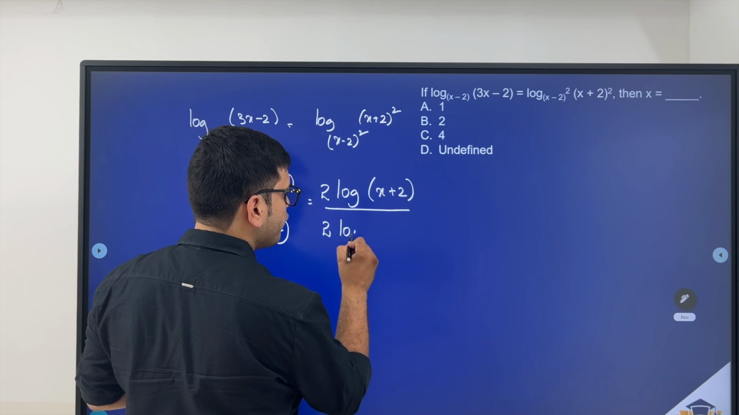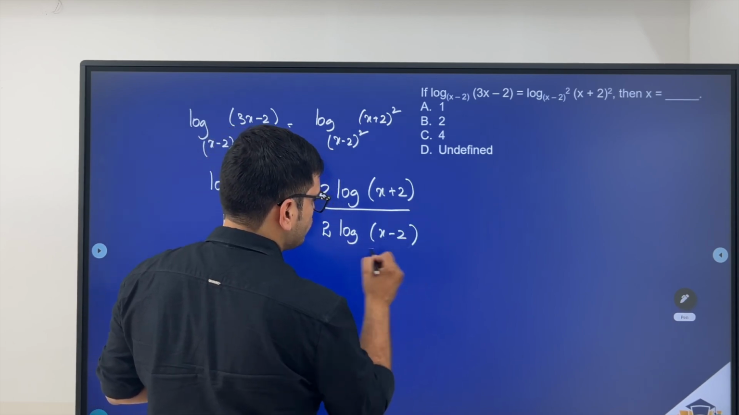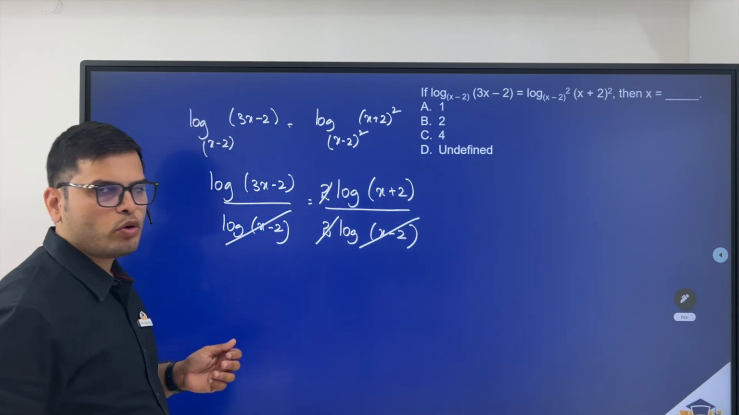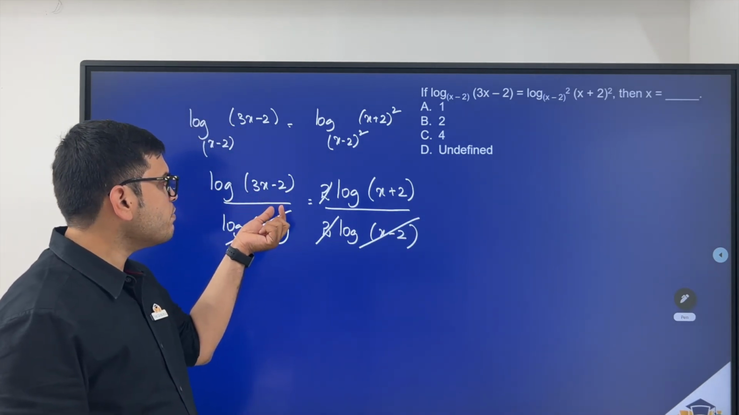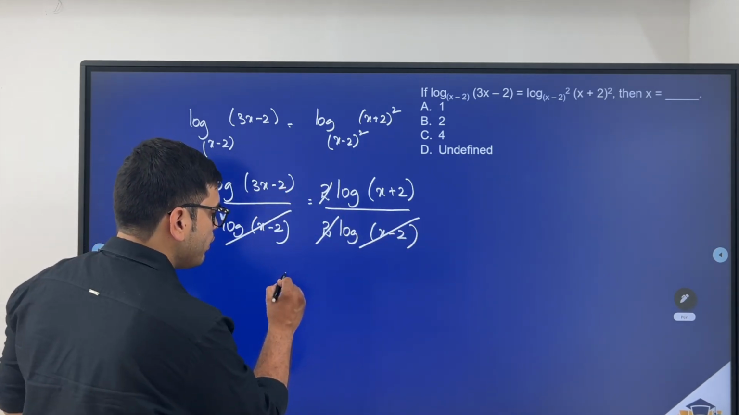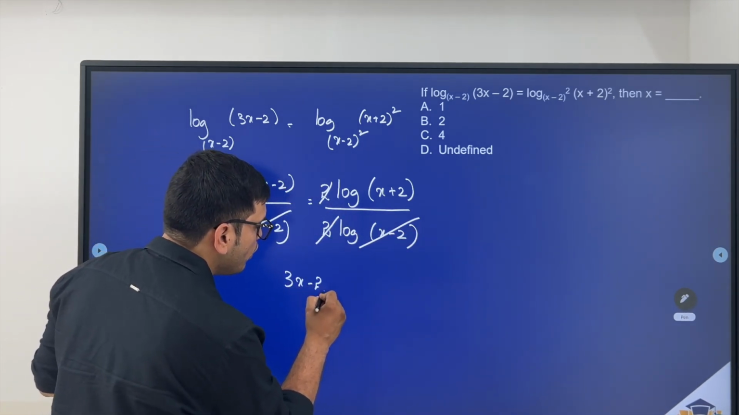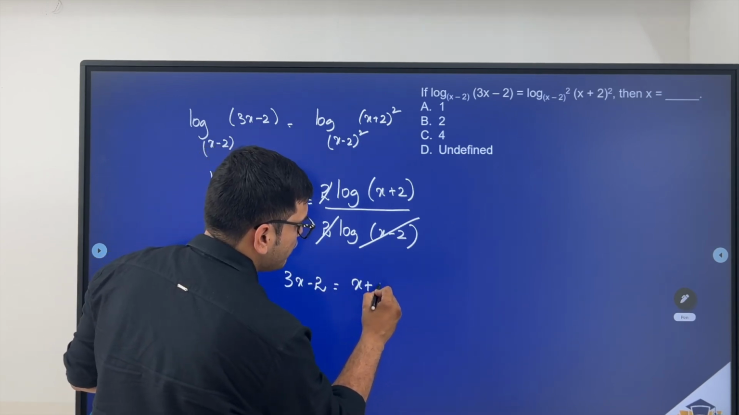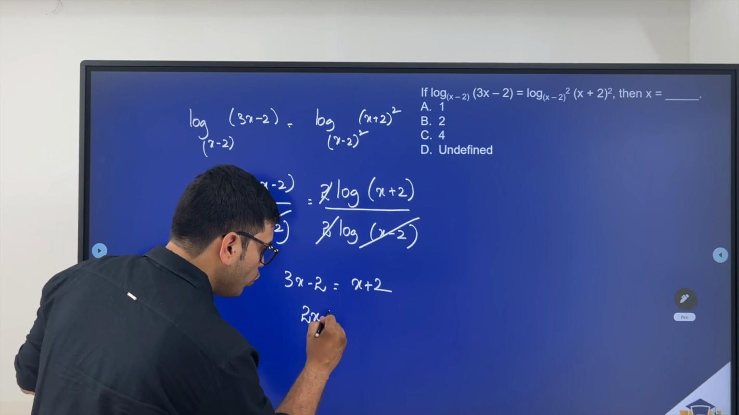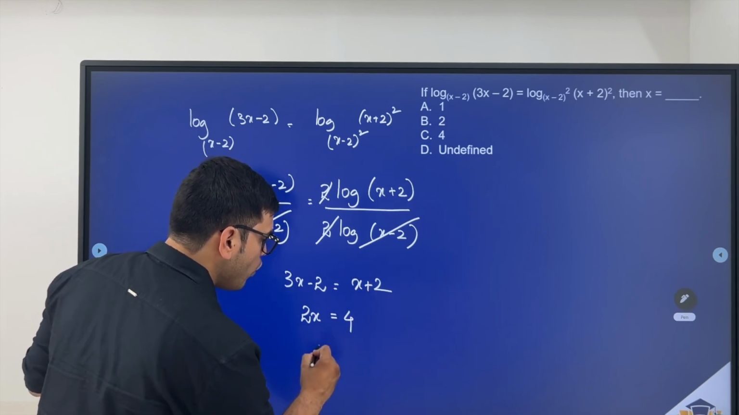That can also be written as 2 log x minus 2. Now let me cancel 2 on both sides. Let me cancel log x minus 2 on both sides. So we have log 3x minus 2 is equal to log x plus 2. Now these two will be equal when 3x minus 2 is equal to x plus 2. So bringing x to left hand side, we have 2x is equal to 2 plus 2, 4, or x is